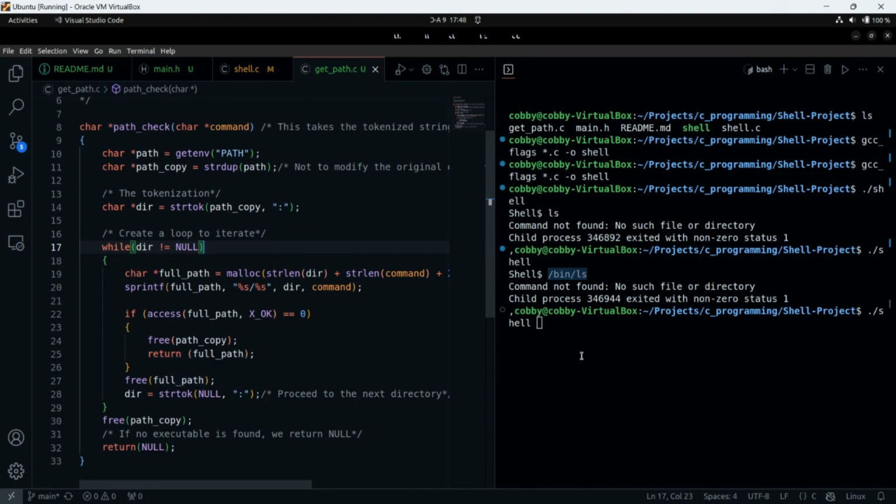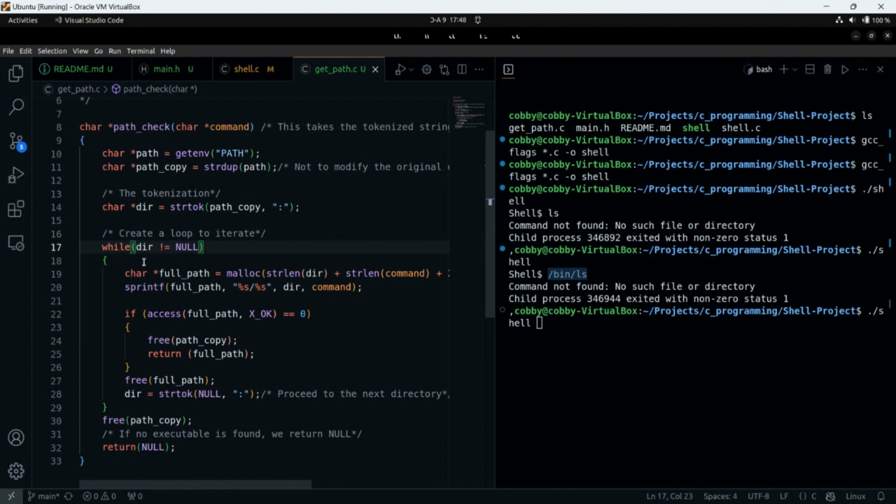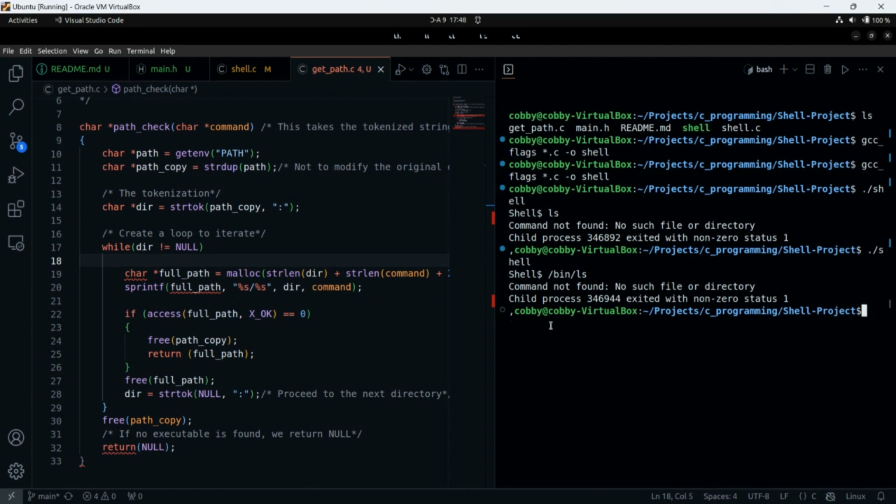So this can mean a lot of things. Either our file is not executable, and if it is not executable, you can have that error. But in order for us to check if our function is working well, we can print the path that we tokenize. We can print to see if we are getting our path correct, so that we know the problem is not from our path. So I want us to do something here. This is how you use printf to debug. Before you tokenize, what is wrong? You have deleted the parentheses.